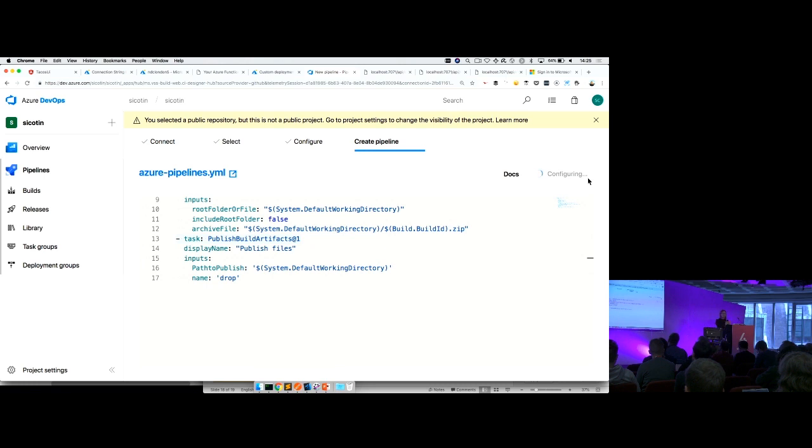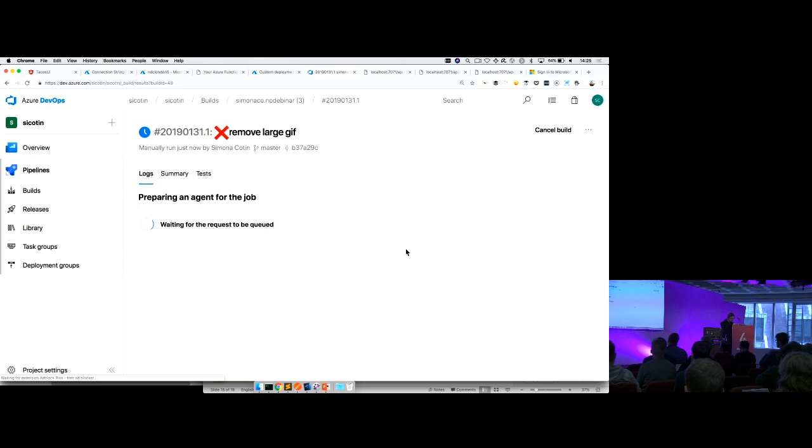And this will take me to a dashboard where I can see all these steps that get executed. There's a couple of things that we can see on this screen. How many of you have used VSTS before? Fantastic. This is the equivalent of VSTS. It's the newer version. It's called DevOps pipelines.